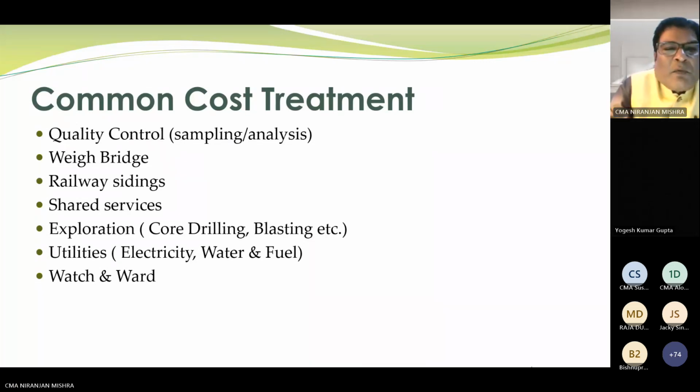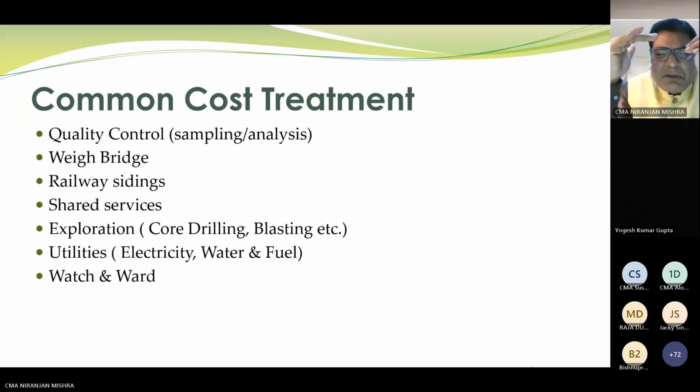Then exploration. The exploration has 2 types. One is core drilling blasting, another is progressive exploration. Suppose the company has done some exploration activity, and this exploration will continue for 3 to 4 years, because when the company goes for the exploration activity, it will explore in a triangular shape, not straight to the underground of the earth. In the triangular shape, they can find out how much length and breadth of the ore is there in the next phase. On the basis of that exploration result, the drilling blasting will take place,